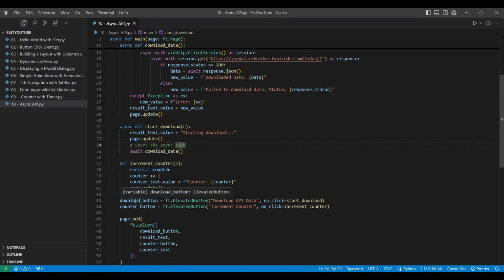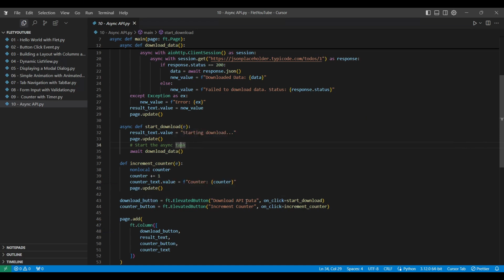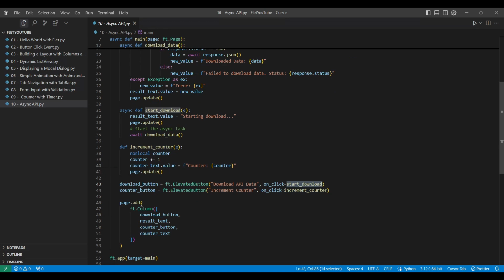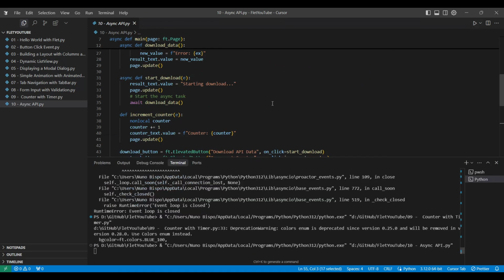And so we have our download button, and that is an elevated button which downloads from the API, and on click we start the download. And we're going to be ignoring our content text for now. We add our download button, our result text, our counter button, and our content text, and we add all of that to the page as components. And if we run that,